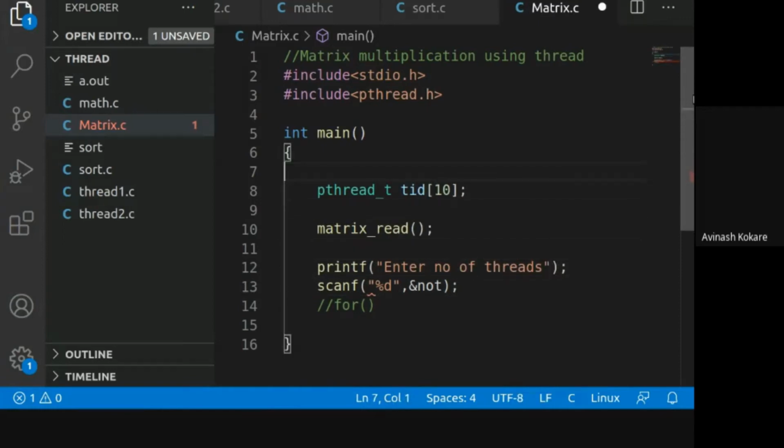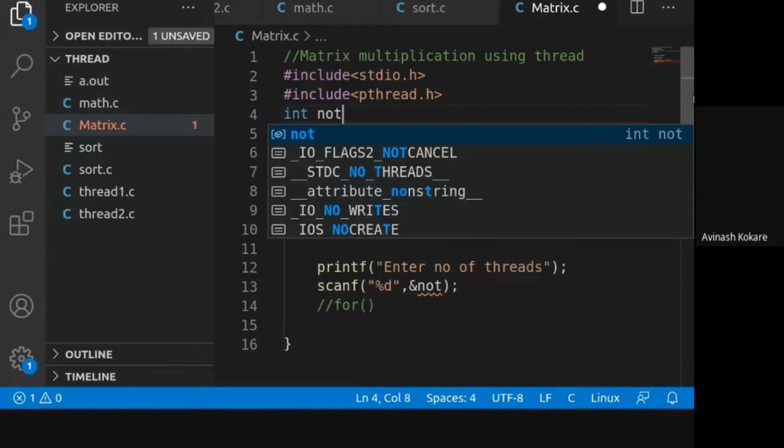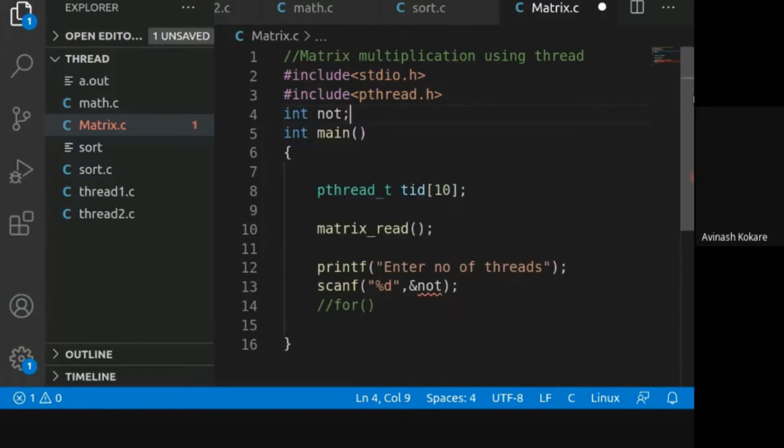Declare that variable here, or we will declare it globally now in order to avoid the confusion. int not. Okay, so we have scanned the number of threads.